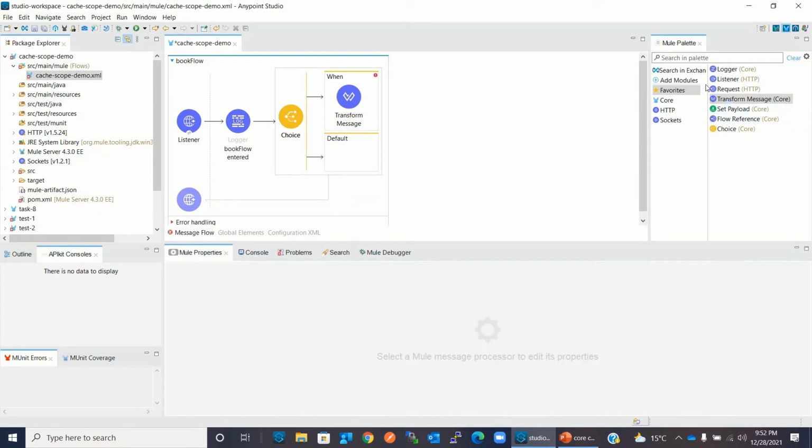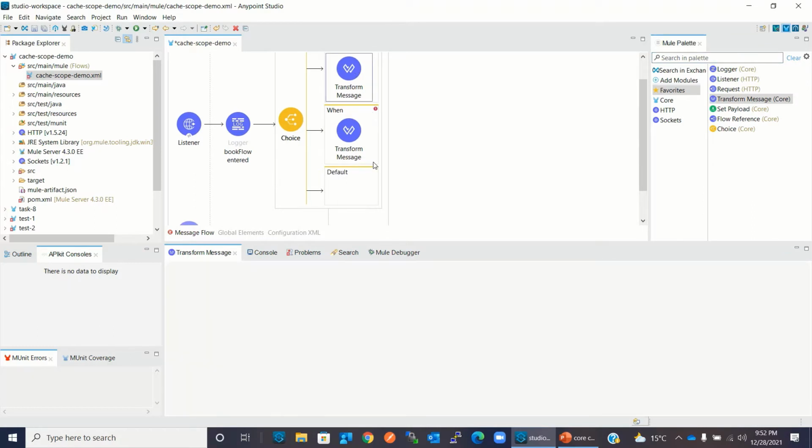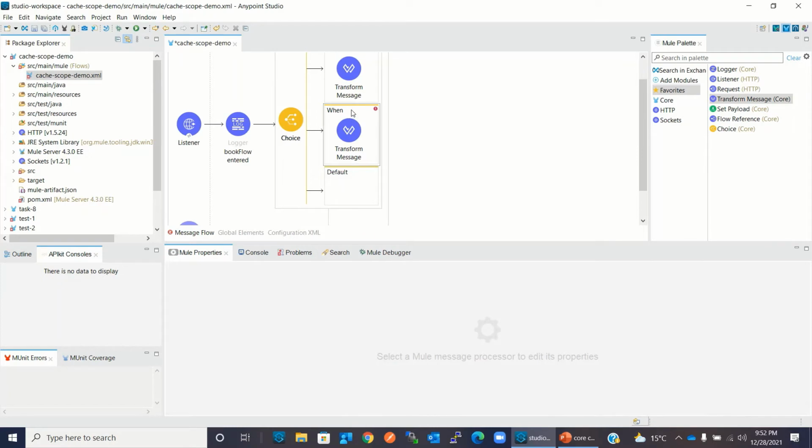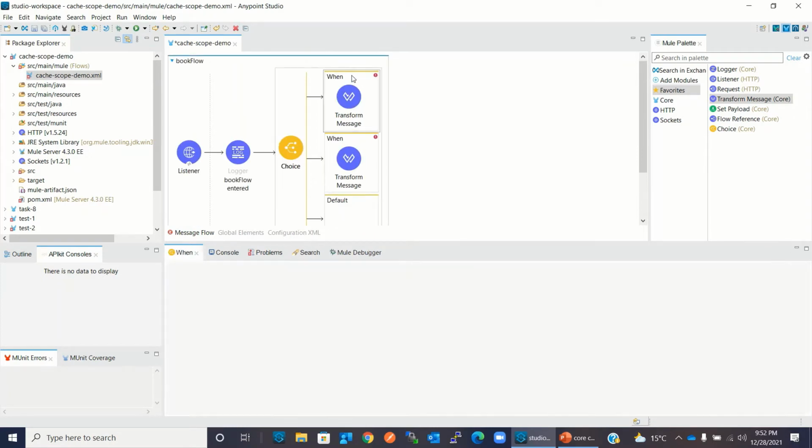Now I need one more route for book ID 200. I will copy this script to make the book 200 detail, and price say 550, and I will add a when condition here.